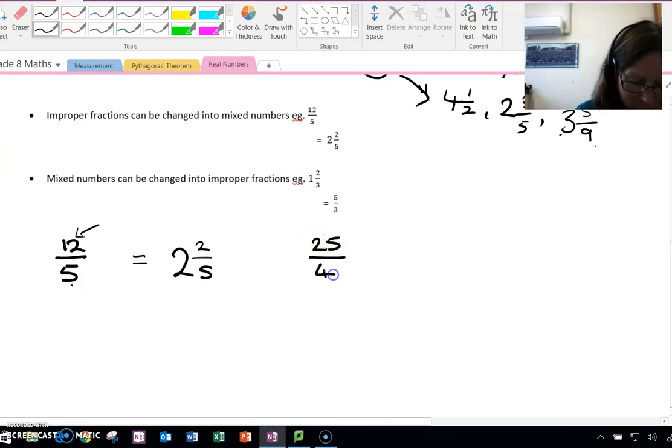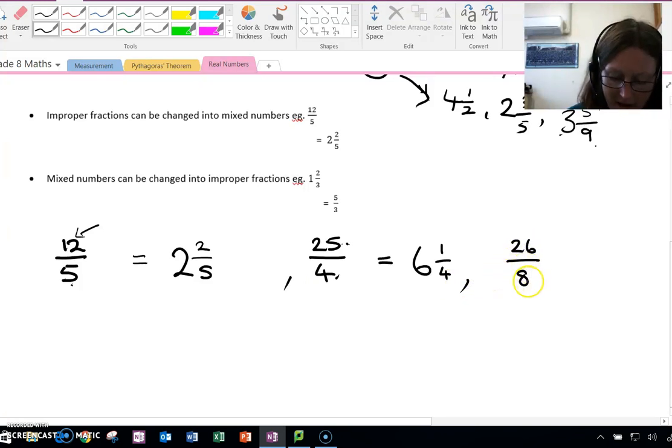25/4. It is an improper fraction. Let's change that to a mixed number. How many times does 4 go into 25? The answer is 6. 6 4s are 24, but the number here is 25, so there is 1 out of 4 left over. Another example,